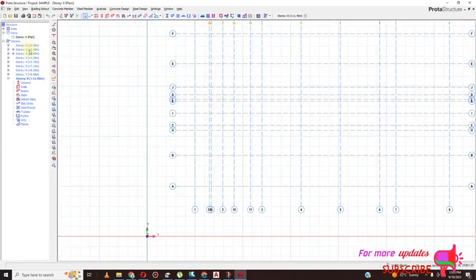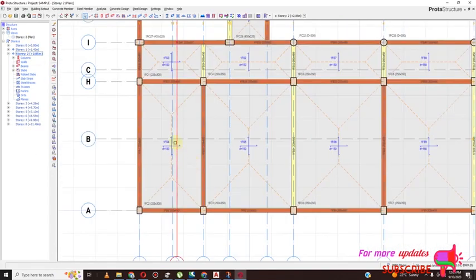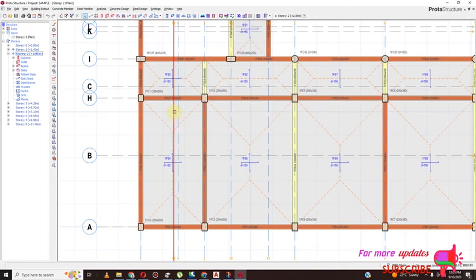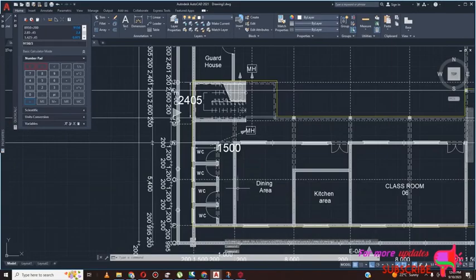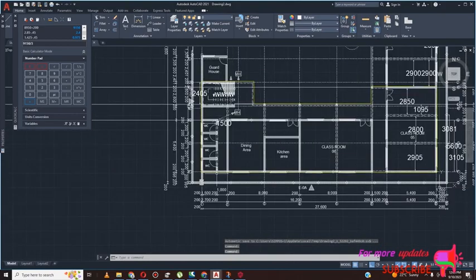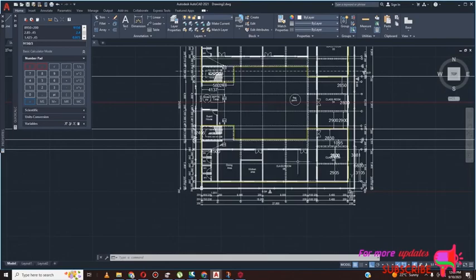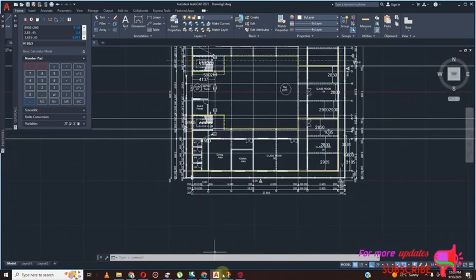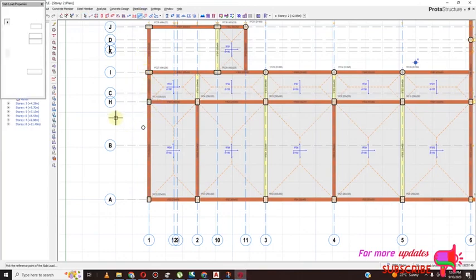So I'll go back to my first floor. Remember, I need to have line load here for these toilets, right? So I need to have a line load there, these toilets. So I insert line load,